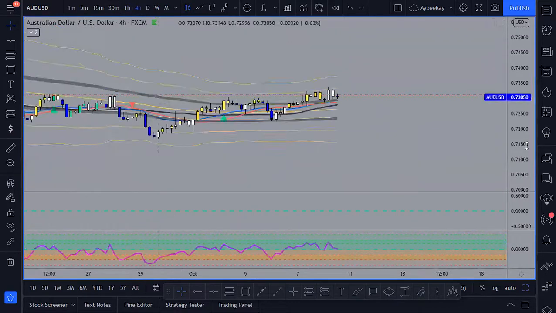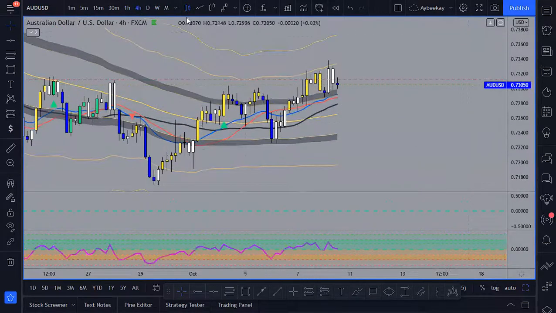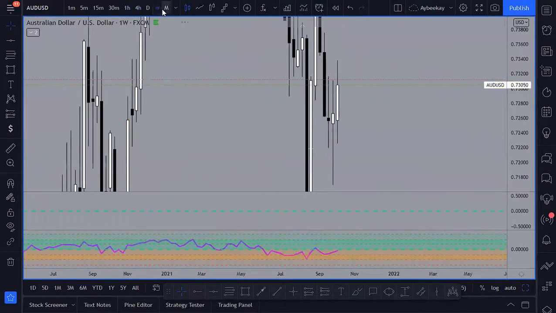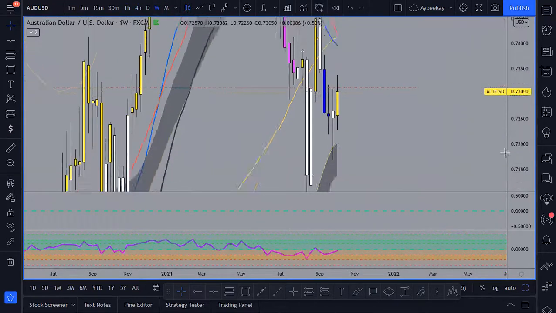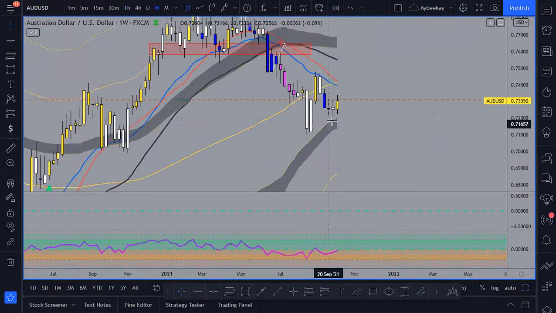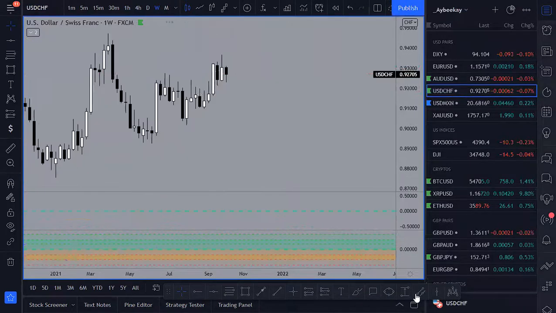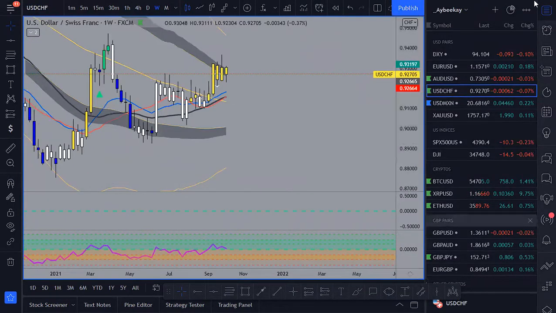So I'm still holding on to that buy, and I'm going to see what AUD/USD is really about to do. But other than that, there's nothing. Weekly time frame over here, look, it's already hit the lower danger zone. And again, it's either A, going to keep going to the second deviation, or B, it's going to start turning around over here. So I'm going to keep on going and move on to USD/CHF.